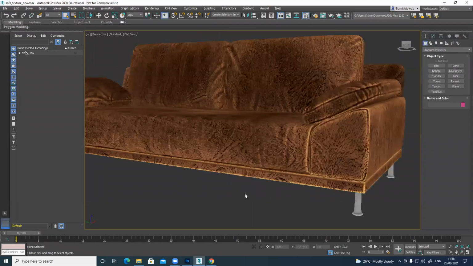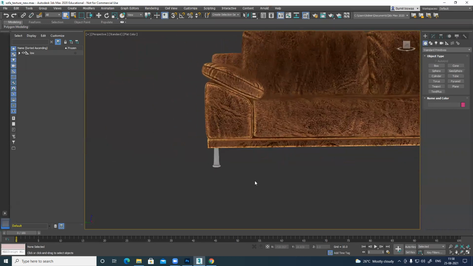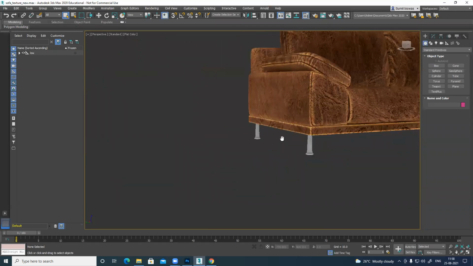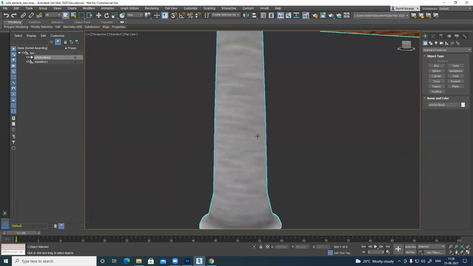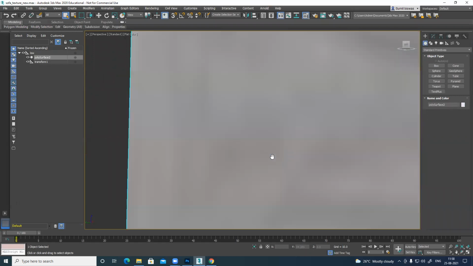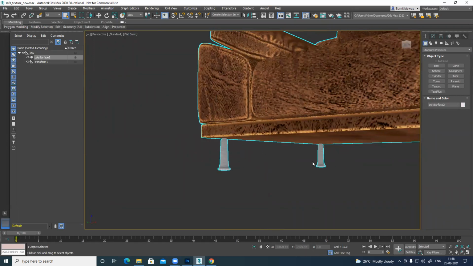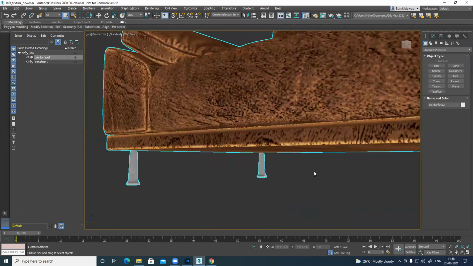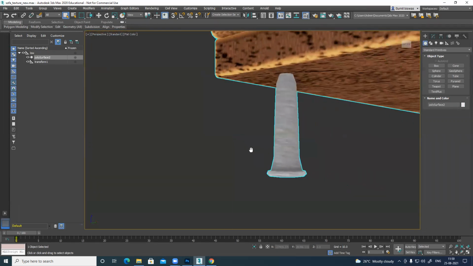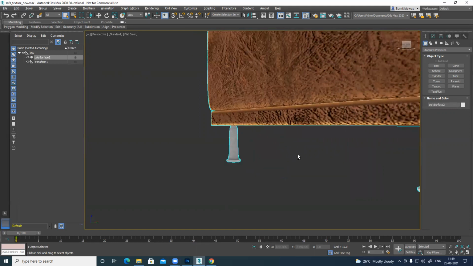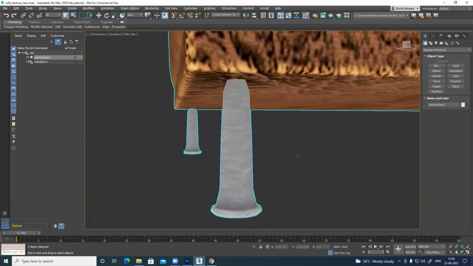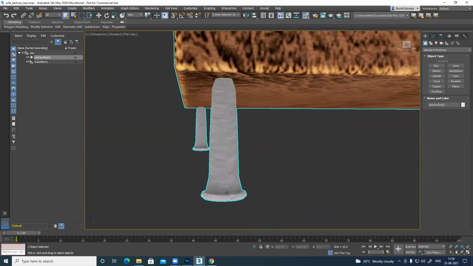Color change, but now there is something to zoom in on. This one. If I check the back side of this thing, here you can see there is a seam.